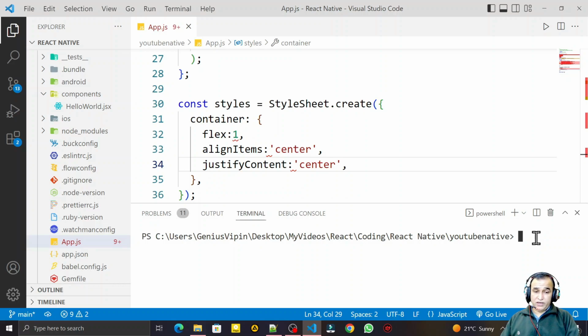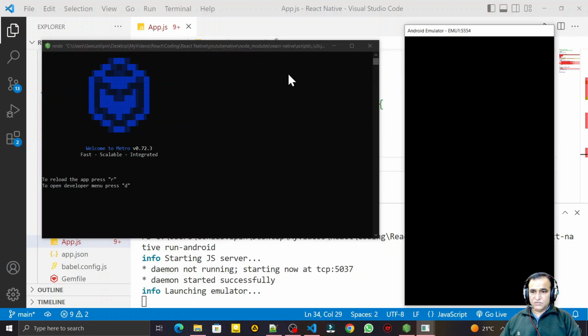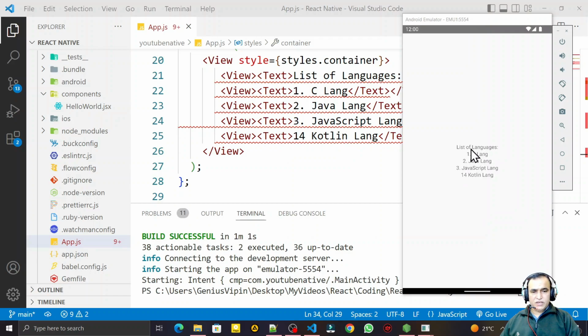So we try to run it. I say npx react-native run-android, enter. So it will start this application inside the Android Studio emulator. It's starting. You see that the emulator is launching now. You see that we have this output here,